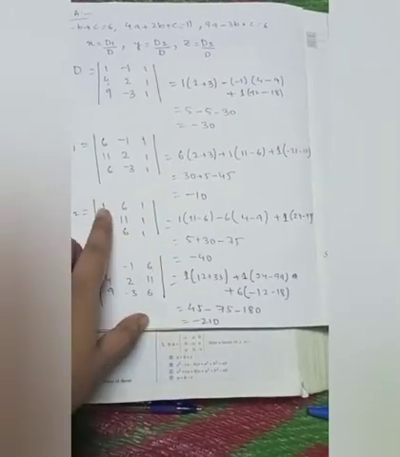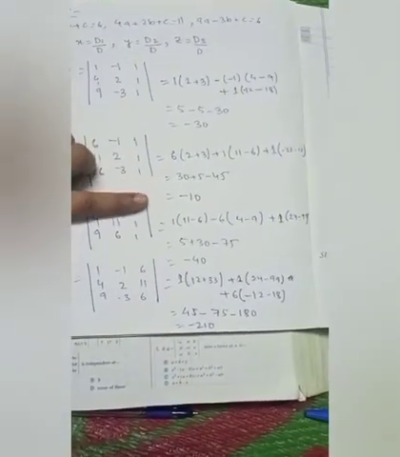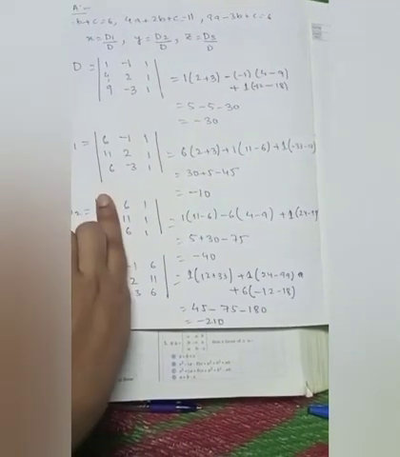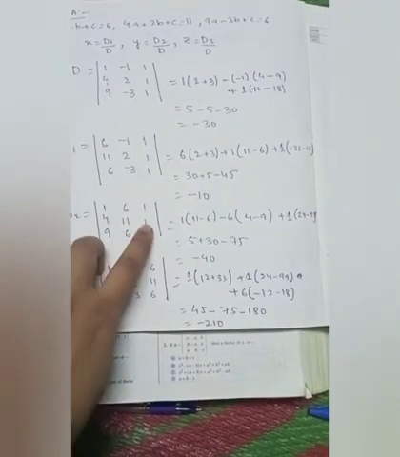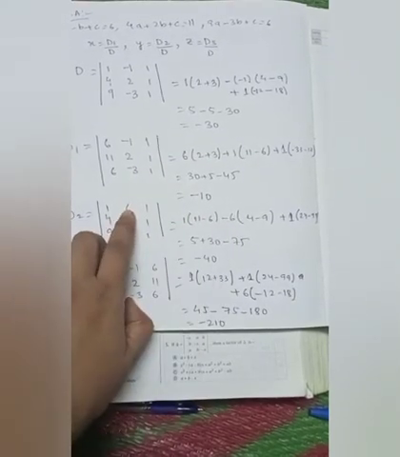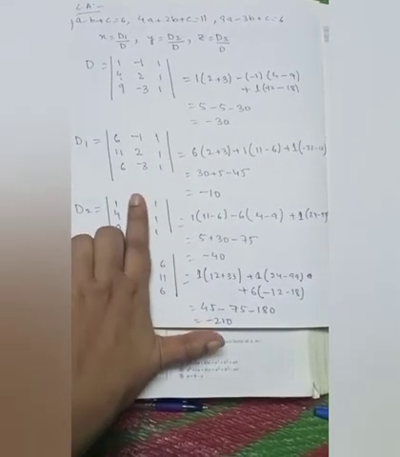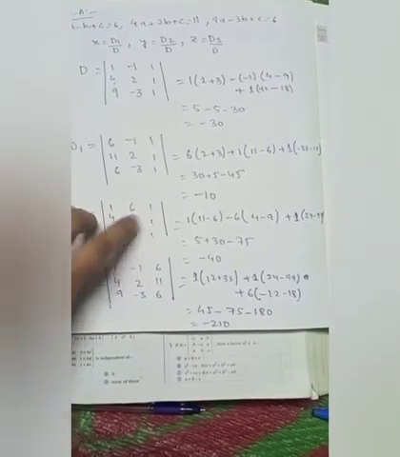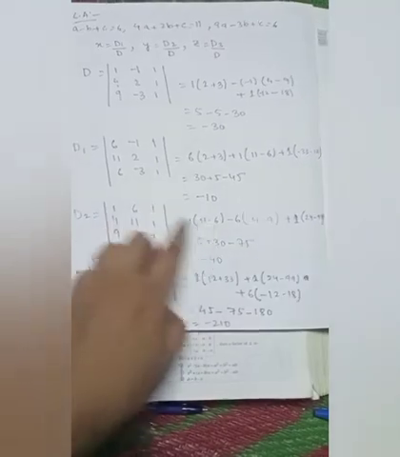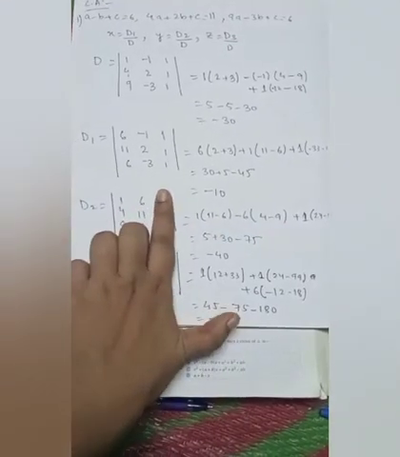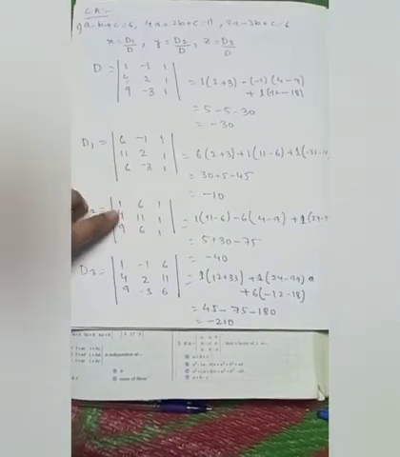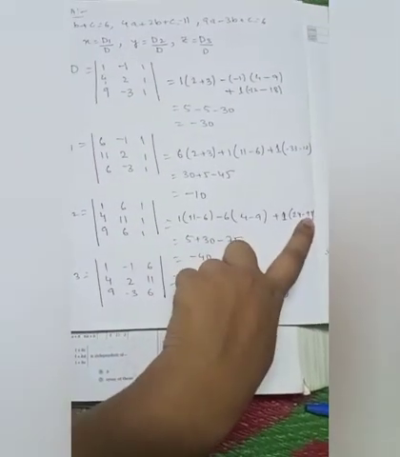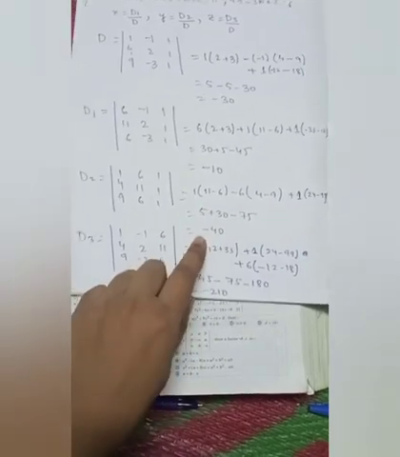Again we will expand, you will write 1, then you will not see this row and this column. So if you are not seeing this row and this column, what is left? 11 ones are 11, 6 ones are 6. Then you have to write the minus sign and 6. Then you will not see this column and this row, so 4 ones are 4, 9 ones are 9. Then plus 1 you will write, and you will not see this column and this row. What is left? 6 4s are 24, 9 into 11 is 99. When you solve this one, you will get minus 40.